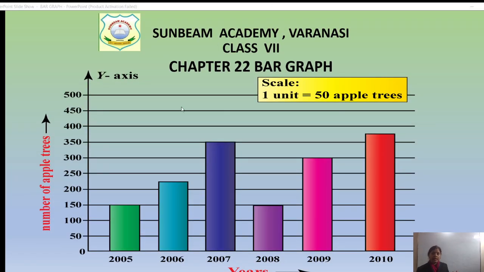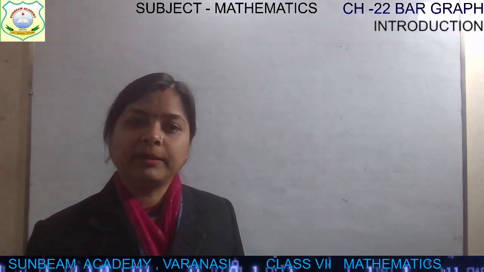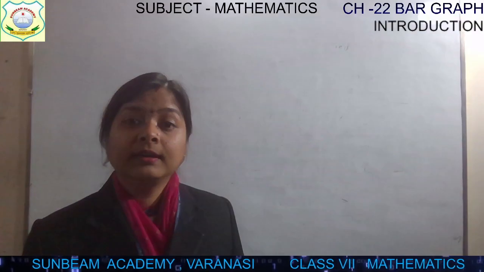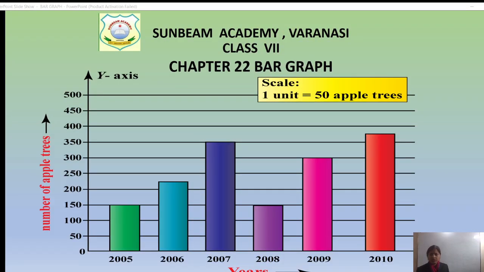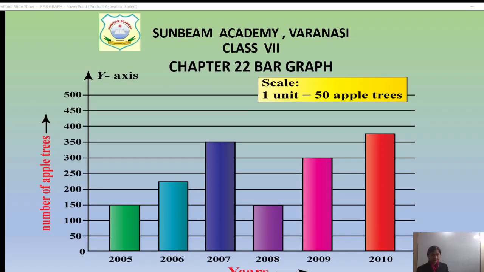You can write it. And number of years, can you tell me in which year the number of apples was maximum? Come on, in which year? If you see, it is 2010. And let's see in which year we were having the least number of apples, children. It is 2008. Now let's see some more examples like this.